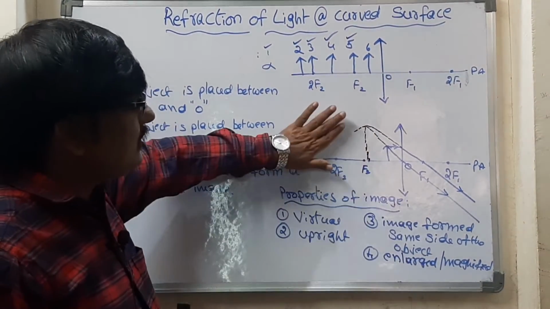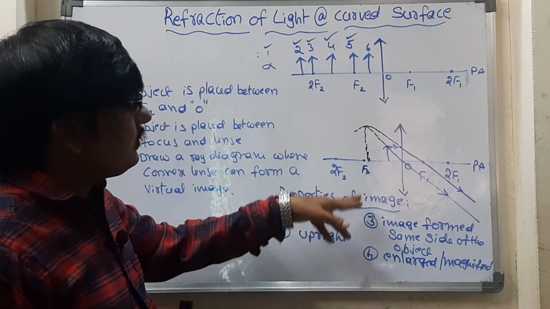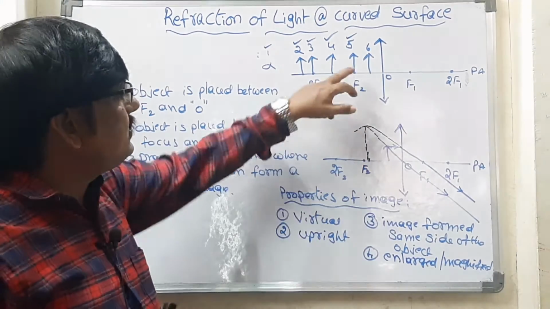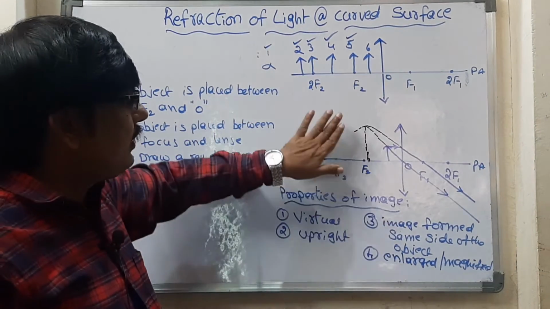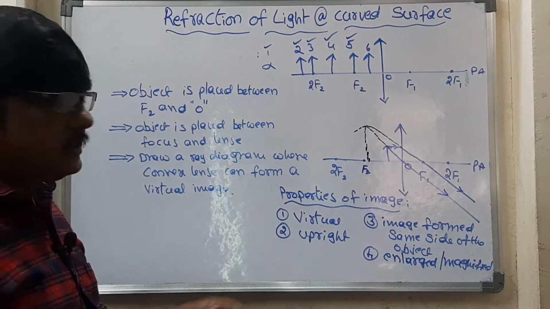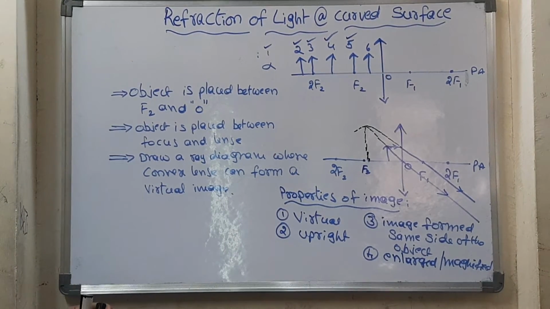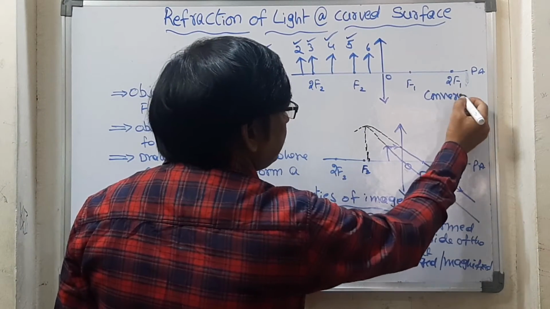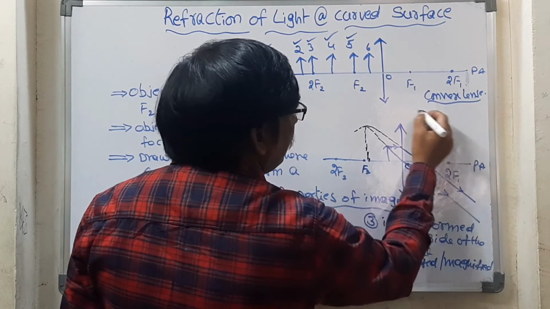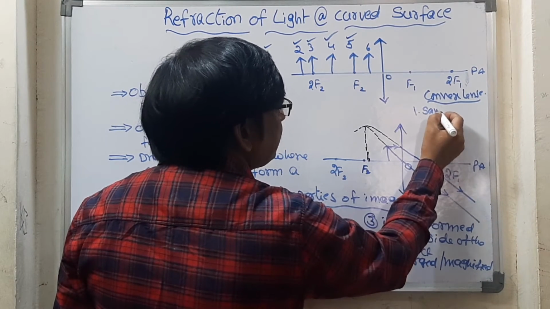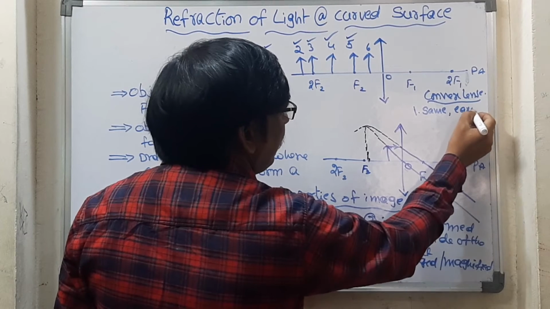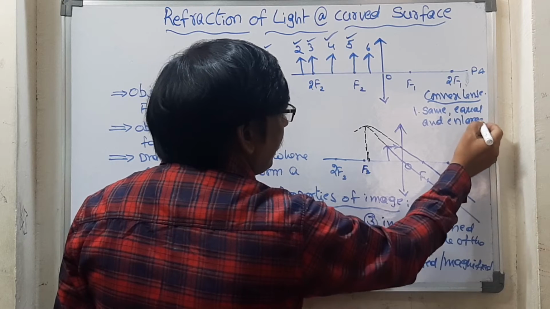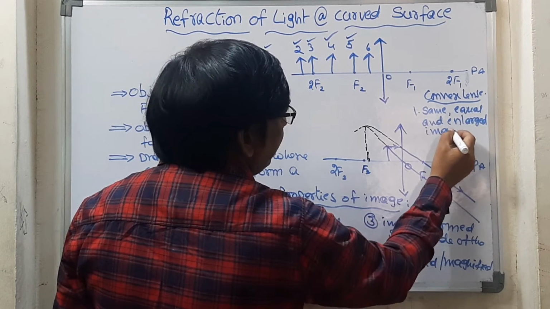See, just go through all those properties. If you observe now, this is a peculiar case, a very important case, because this is not in the series of the remaining cases. This is very different, which is why it is very often asked in the exam. Okay? And ultimately there are some properties we can take for this one. A convex lens can form first the same size, equal and enlarged images, isn't it? This is very important.